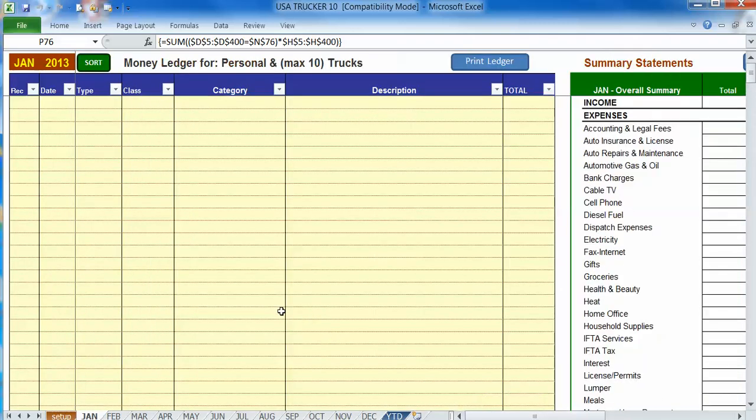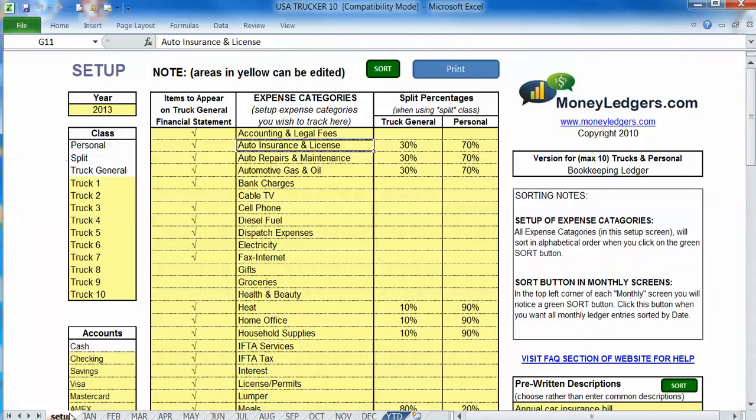Okay. Let's go back now to our setup screen. In the setup screen we have a center section where you can put in all the different expense category names that you would like. To the left of that we have a column called Items to Appear on Truck General Financial Statement. So for each item that is a trucking related expense, you want to make sure you put a